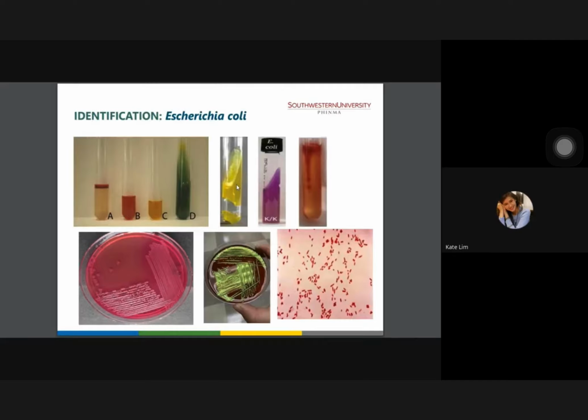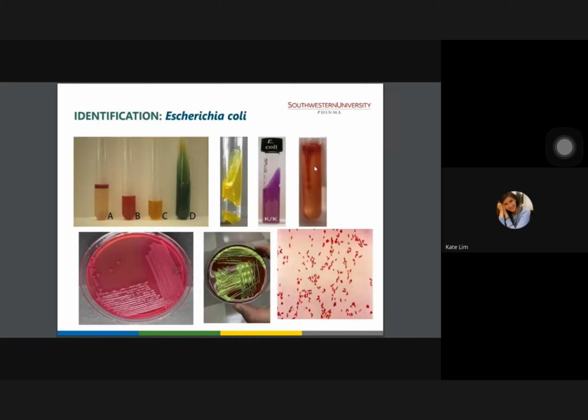So we'll focus on your TSI. As you could see in your TSI, if you could remember the reaction of your E. coli in TSI, that would be acid over acid with gas. So acid over acid. So that's yellow slant and acidic bot. So yellow bot. So this would tell you that all of the carbohydrates are fermented with gas. So this is acid over acid, with gas as a clue. So we have here the MacConkey. It's a lactose fermenter. You can see colonies right here. You have EMB, greenish metallic sheen, as you can see. And when you look under the microscope, coccobacilli, gram-negative rods.